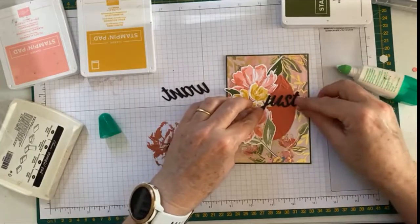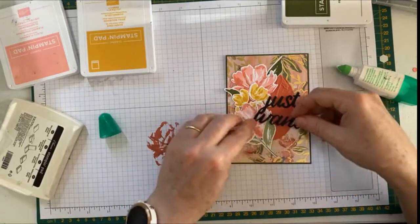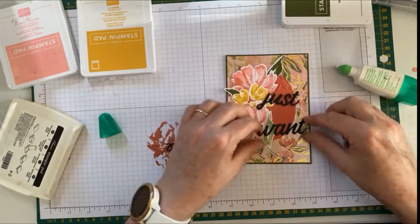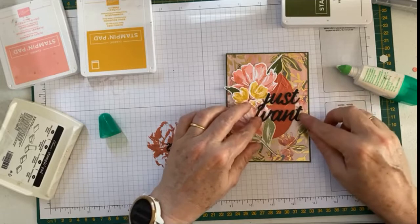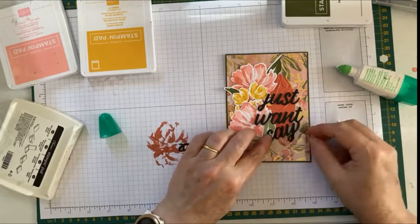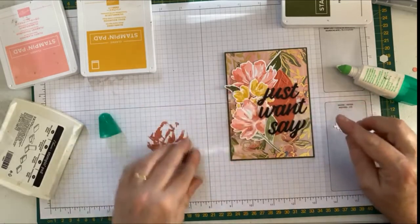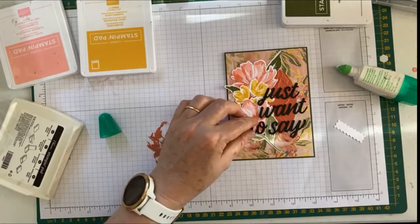Okay, so I'm going to pop our letters on here down the right hand side. So I'll just pop them there where you can see them. Just want to say. Gluey fingers. There we go. Just want to say,